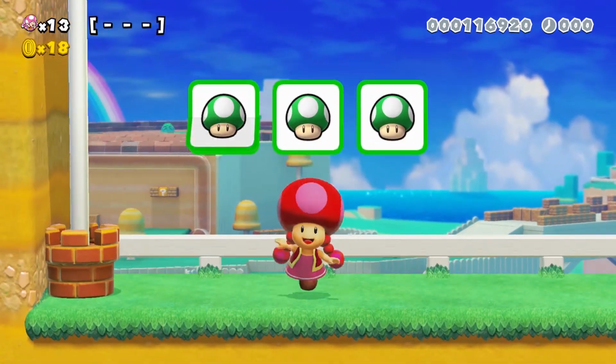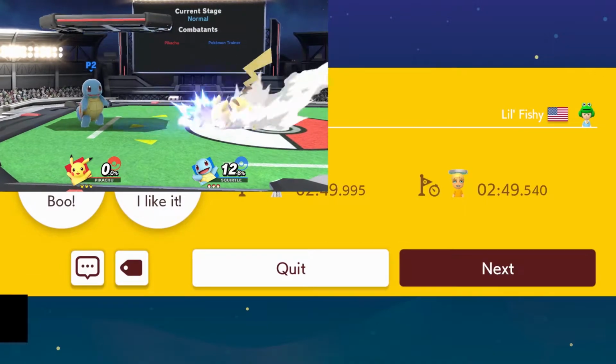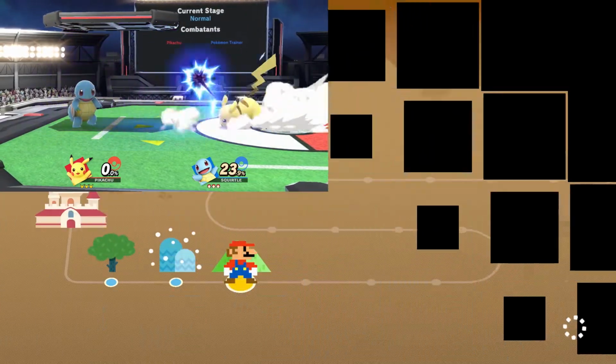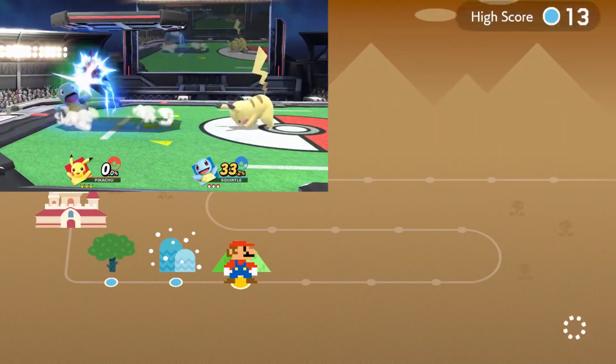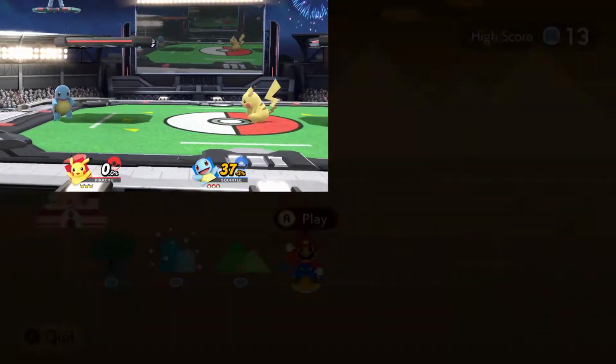So if a Pokeball came out and you got it, you turned into Pikachu, shot out electricity, do all that sort of thing. And the interesting thing about having the Pokemon is, what if you hold down and press B, you could switch between different Pokemon, maybe stick with